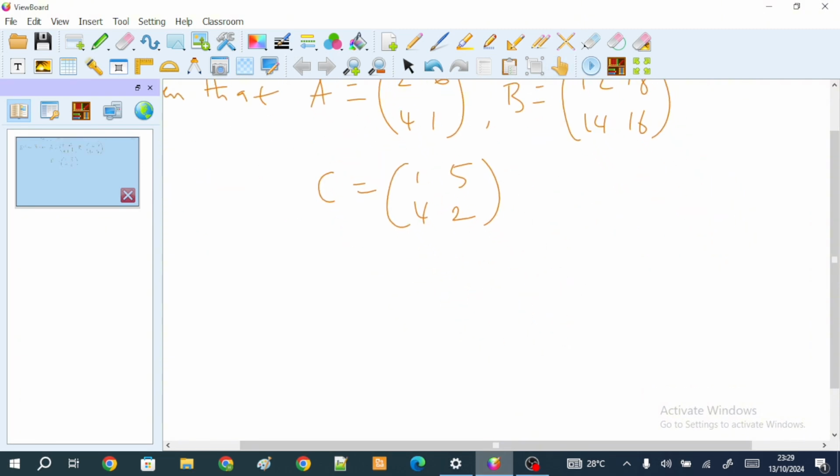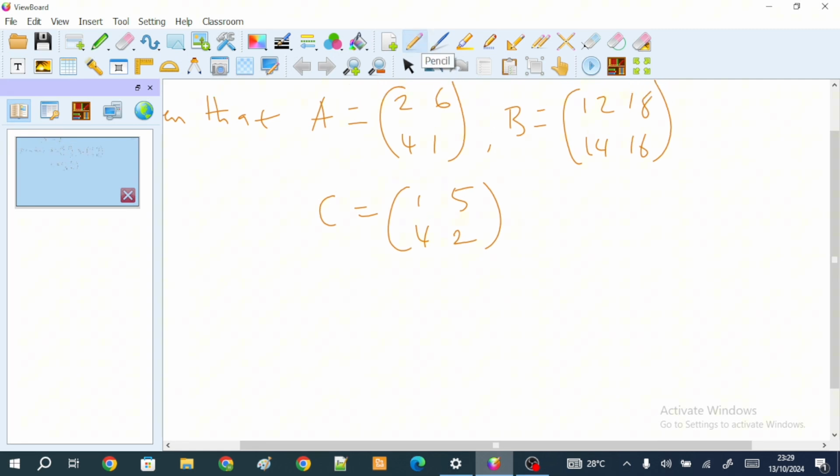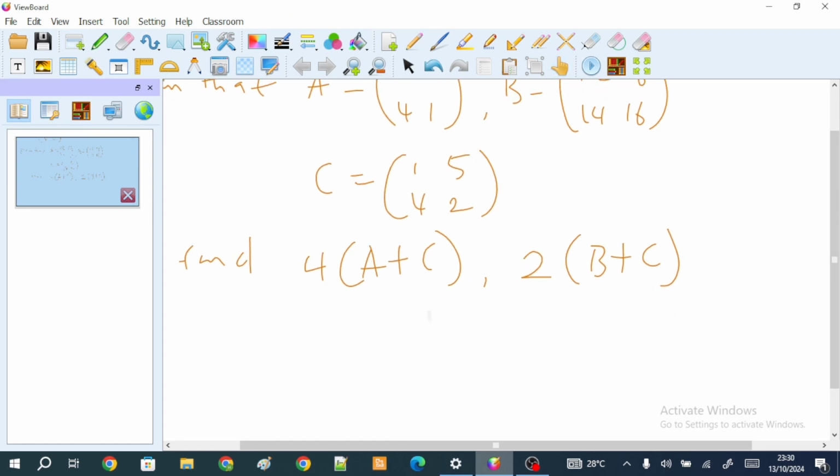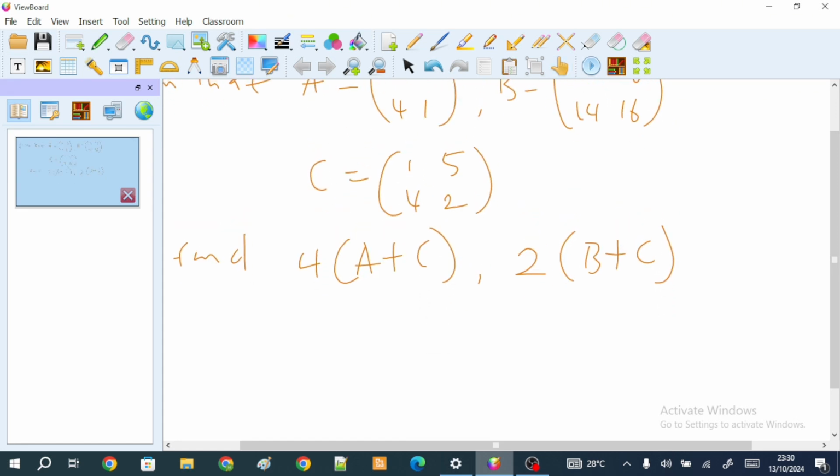And then our question is saying we should find 4A plus C, and then 2B plus C. Okay, this is very simple. What that means is, get the addition of matrix A and C and then multiply your result by 4. Okay, so to solve this,